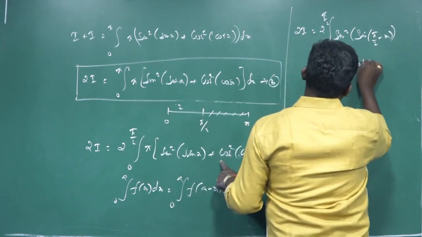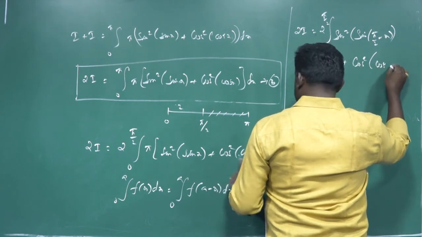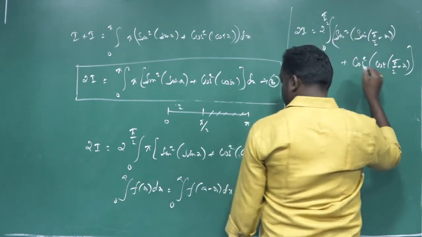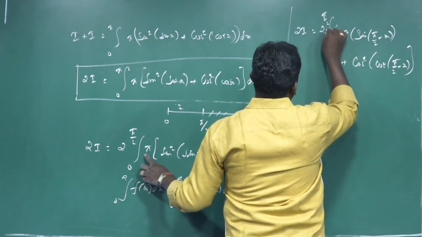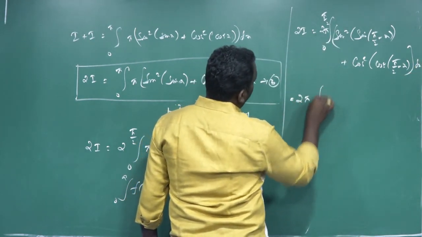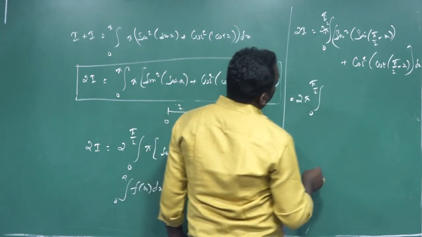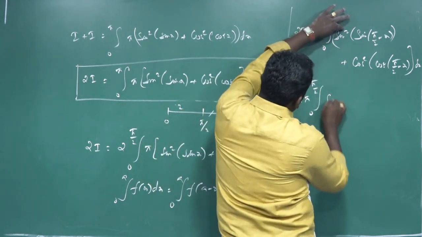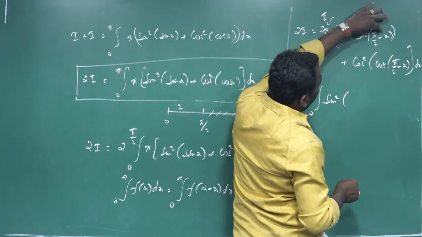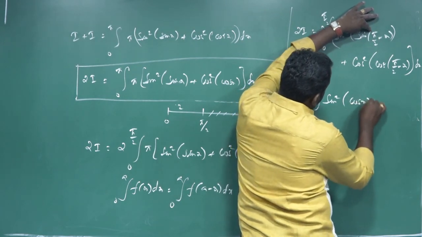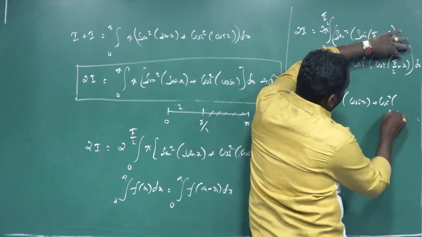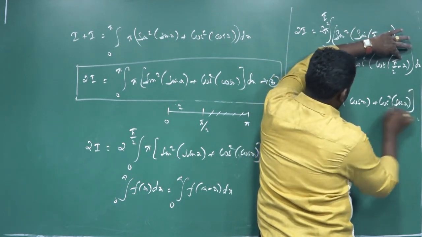Then plus cos square of cos within the bracket of x equal to pi by 2 minus x. Then in total we have pi, also one more pi outside, keep it outside of the integral, dx. Now that is equal to 2 pi integral 0 to pi by 2, and then sin square within the bracket of sin of 90 minus x, that is equal to cos (sin of 90 minus theta equals cos theta), so cos x, plus cos square of cos 90 minus x equal to sin x, therefore sin x, into dx.